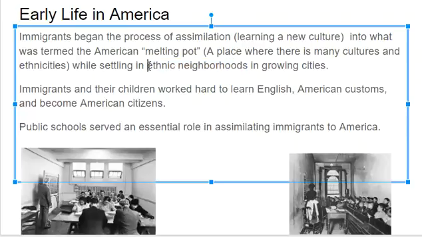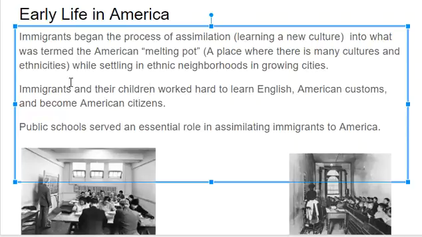And New York or America was like that back in the 1800s as well. There were Italian neighborhoods, there were Irish neighborhoods, there were Chinese neighborhoods. However, America is called a melting pot because it's a place where many cultures and ethnicities exist. It's like that today. If I go down the street, there's going to be a Mexican restaurant. I can find a Chinese restaurant. I can find Japanese restaurants, Vietnamese restaurants, Salvadorian restaurants, because we have so many cultures in one spot. It's a melting pot. We have many cultures and ethnicities.